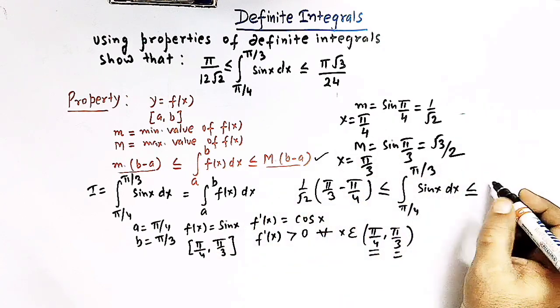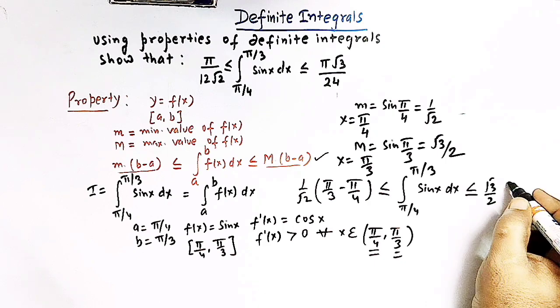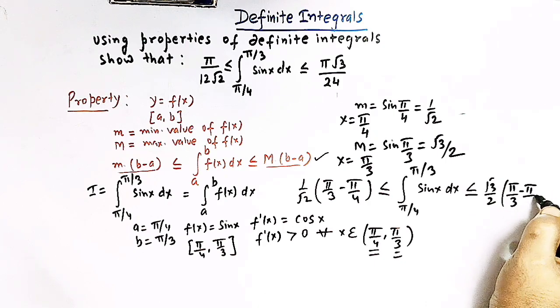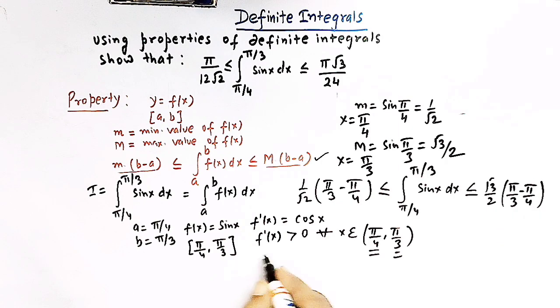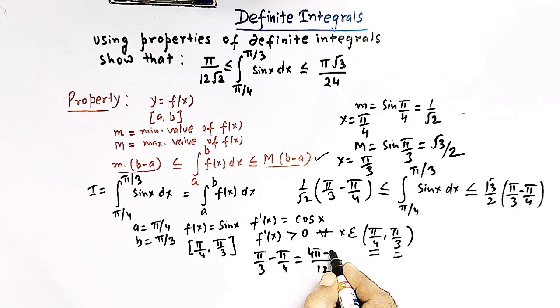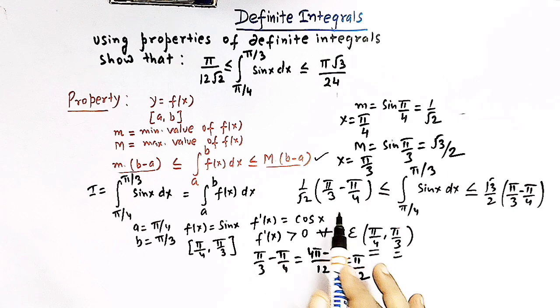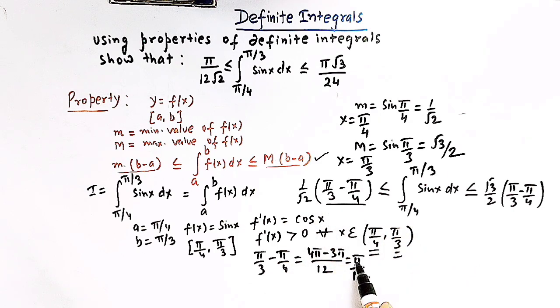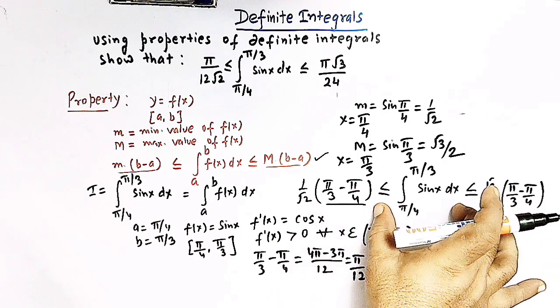Capital M is square root of 3 over 2, and here we have pi by 3 minus pi by 4, right? So the difference pi by 3 minus pi by 4, we can take the LCM, that is 12. Then we have 4 pi minus 3 pi, that is pi over 12. So substituting the value of pi by 3 minus pi by 4 as pi over 12, now this inequality can